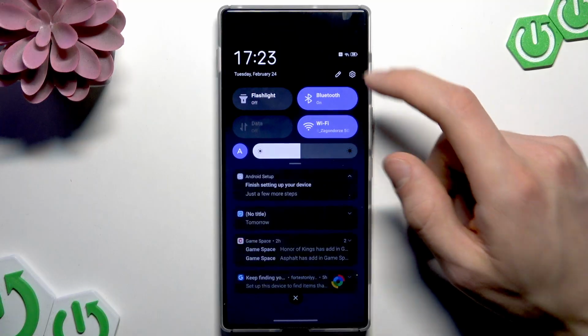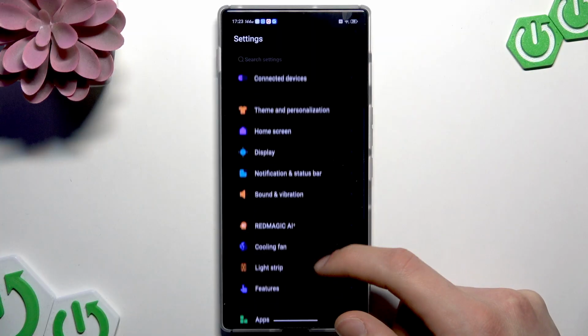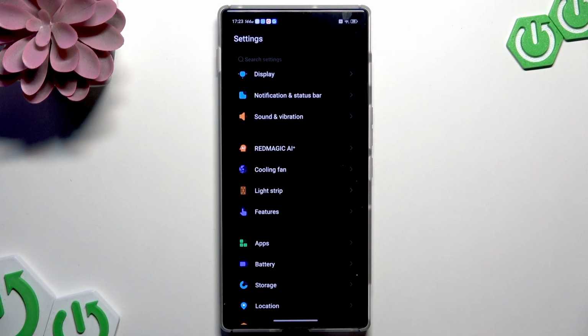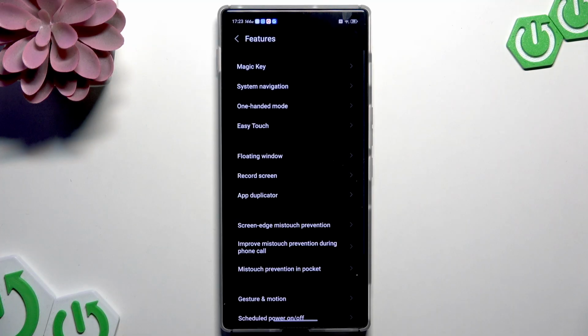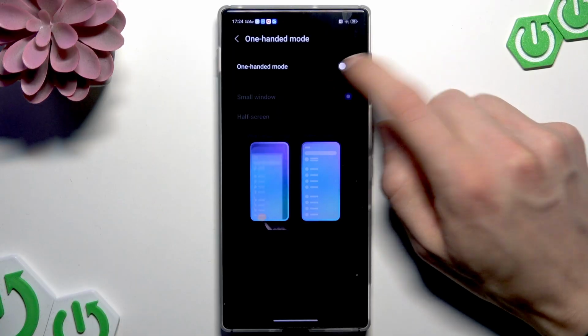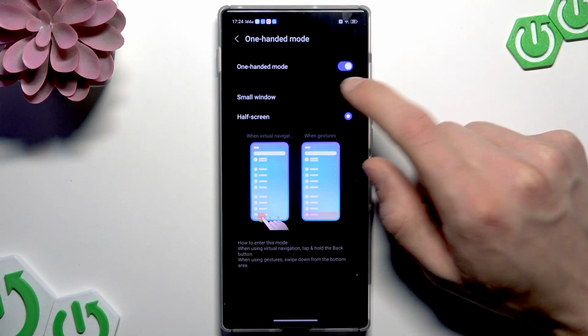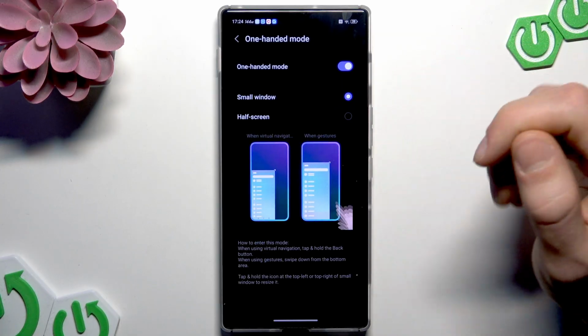First of all, we're gonna have to open settings on this phone, and in settings scroll down to features, select the features menu and go to the one-handed mode option. To enable it, switch the toggle to the right and then select one of the two available one-handed mode sub